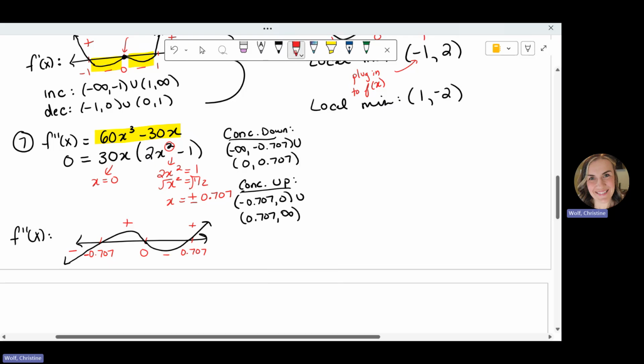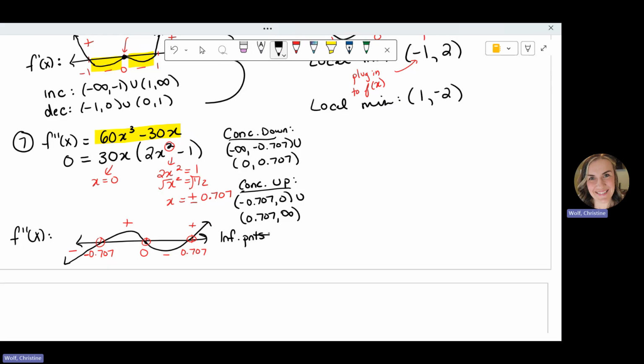Inflection points occur there at those 3 locations, whenever you switch. So I know I'm going to have an inflection point at those 3 locations. Again, that's only half the battle. I need to find my Y values also. So the first thing you do